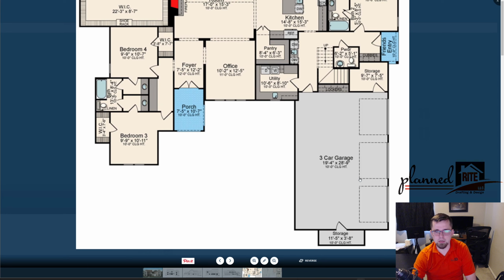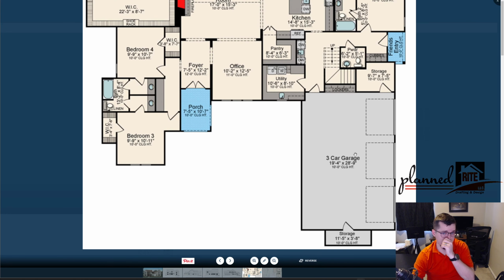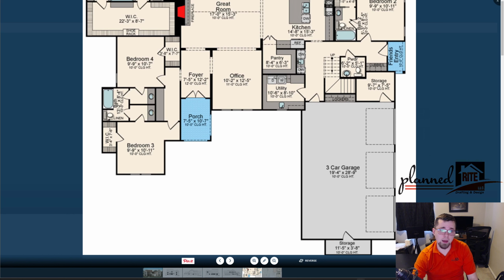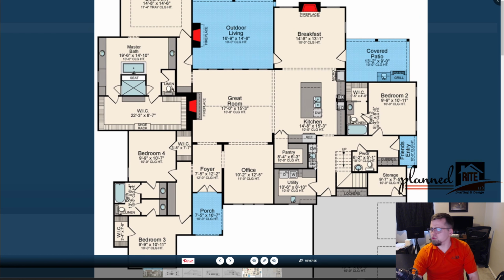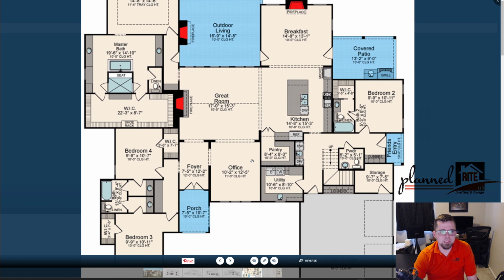28.9 is fine. I like having storage off the garage. That's great. I like the storage, all the storage they have. The proportions are just odd. I feel like there's a lot of odd compromises around the place. Beautiful home, but